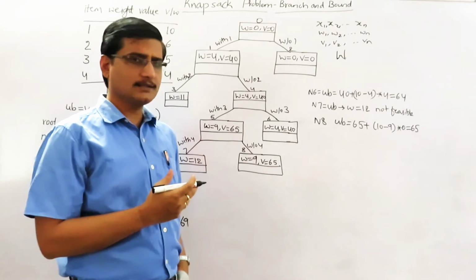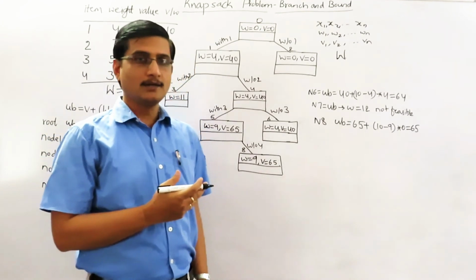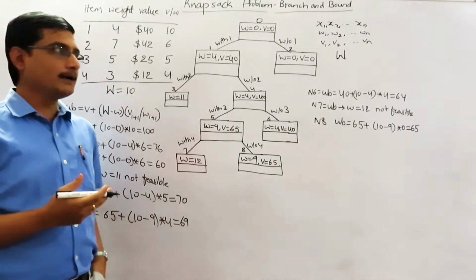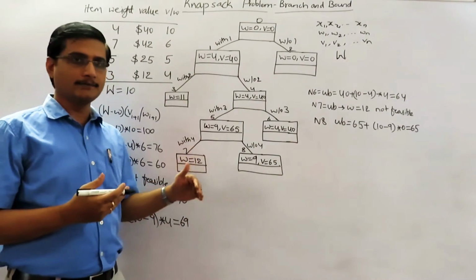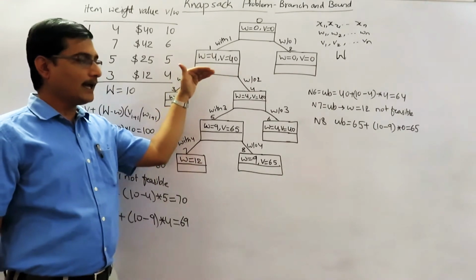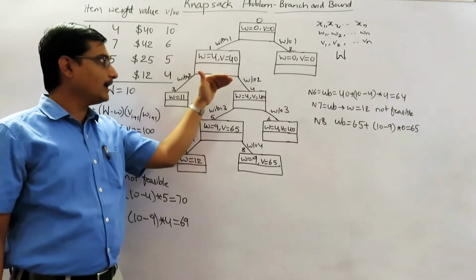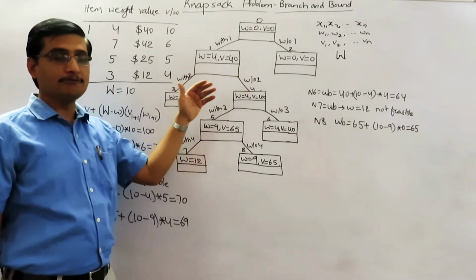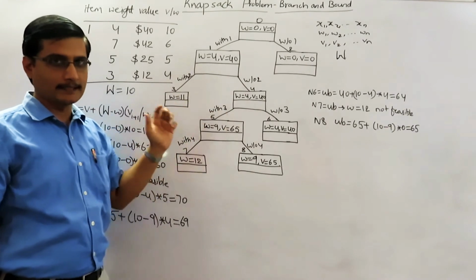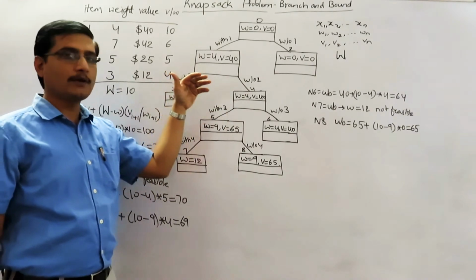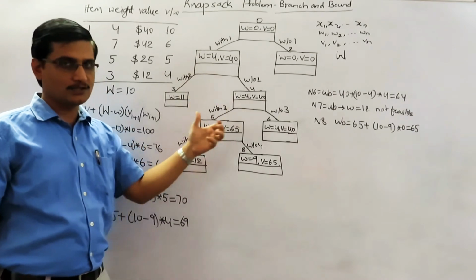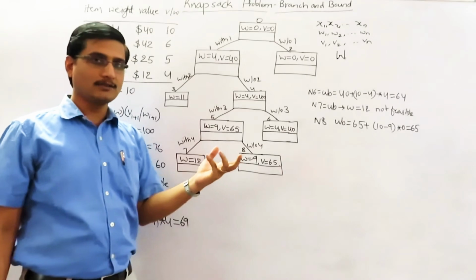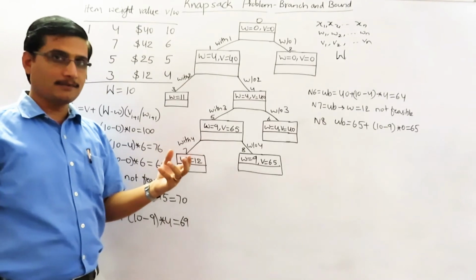So how can we solve this using branch and bound? Here again we need to go for a state space tree, and we will go on including the items. A level i tells us whether that ith item is included or not in the bag. If we include it, what is the profit we are going to get? That is what we are going to construct in the state space tree. And to construct the state space tree in the branch and bound technique, we need to have some upper bound.